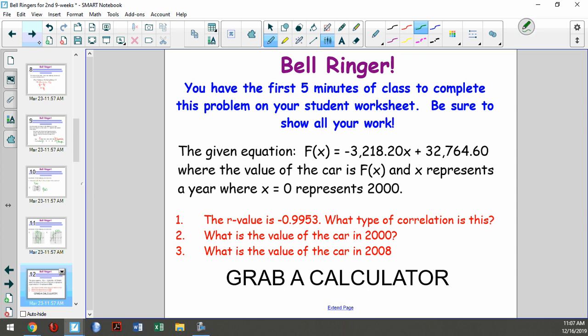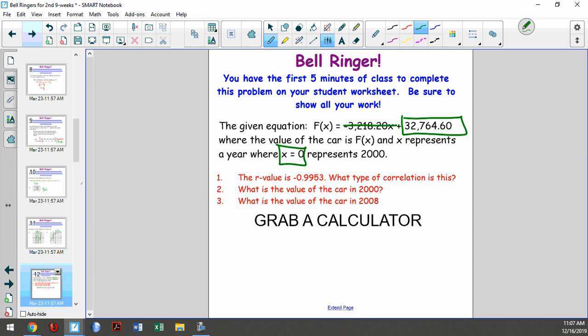Well, guess what? 2000 is going to be when x is 0. Well, if x is 0, that means this is gone, and that's going to be my value, isn't it? Easy, yes? And then what is the value of the car in 2008? Well, how do you do that? You're going to plug 8 in for x. So if you plug 8 in for x, you're going to have the negative 3,218.20